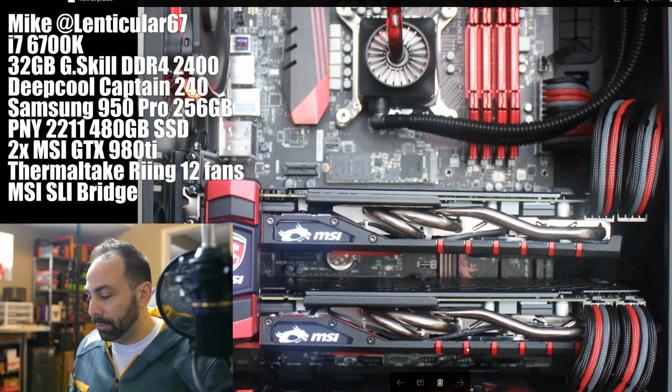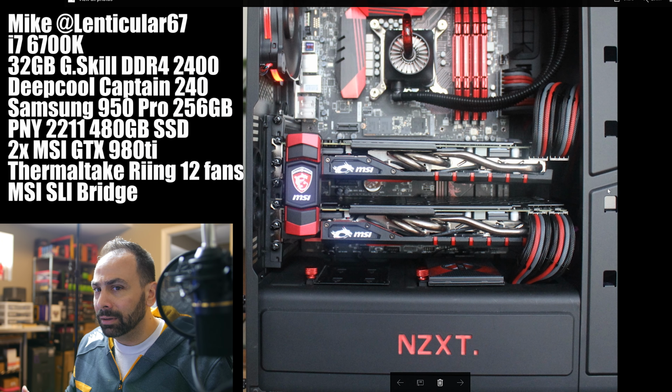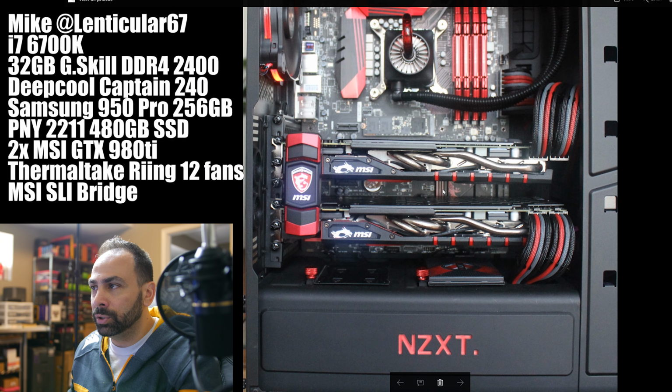It looks like what happened here is that instead of having them both cascade down from the top through this pass through, they sent him one that was curved one way and one curved another way, so he had to run one up and one down. And I actually like it. I think this looks a lot more original than having them both cascade down, which I have done in the past. Although this area up here gets a little bit busy,